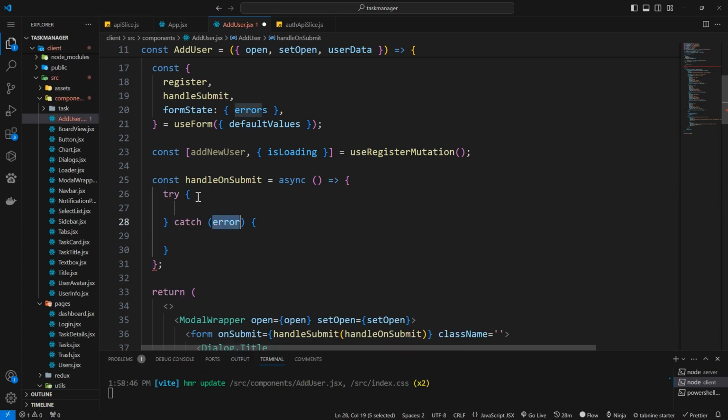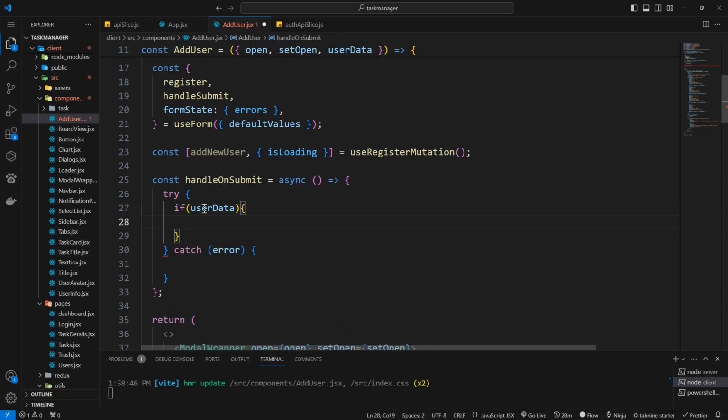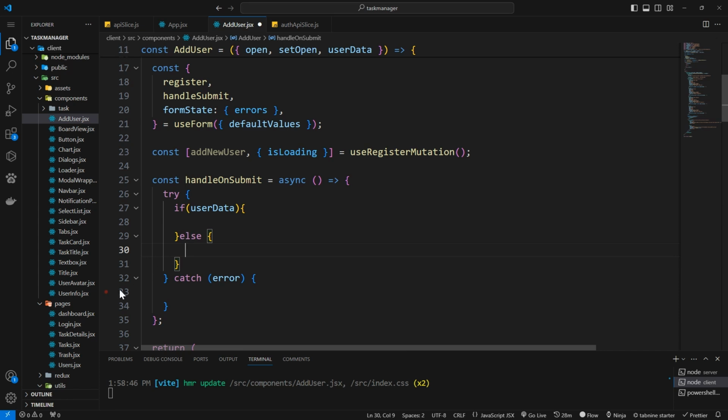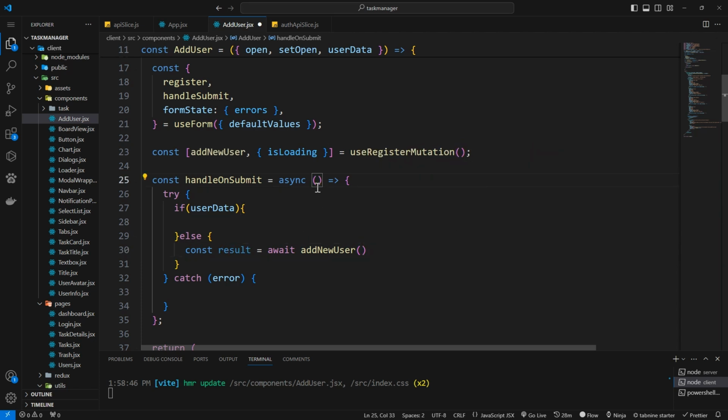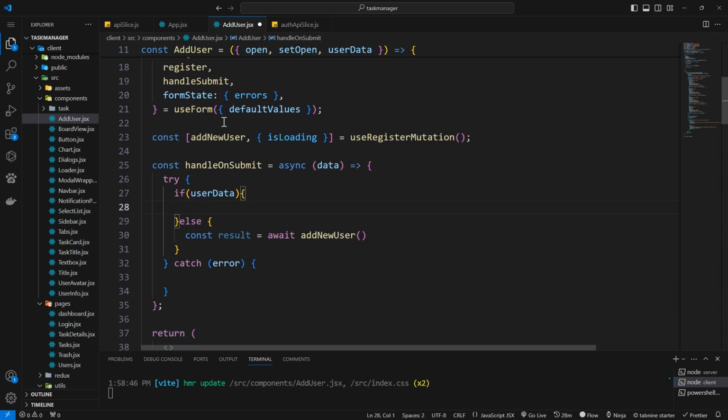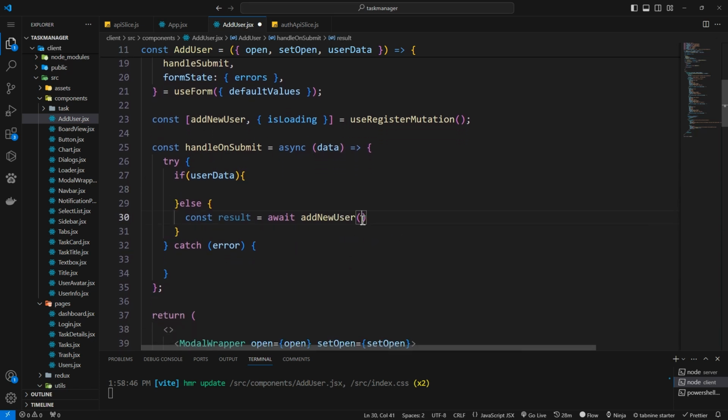So here, we'll first check if the user data exists, right? If the user data exists, it means that we want to update. If the user data does not exist, meaning we want to create new, so say const result should be equal to await addNewUser, right? Then I'll pass the data. We'll receive the data from here, because we're using React Hook Form, so we'll get the data. Then let me spread it and add